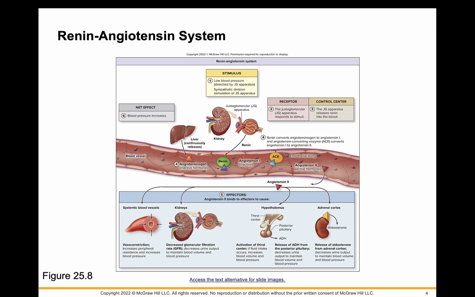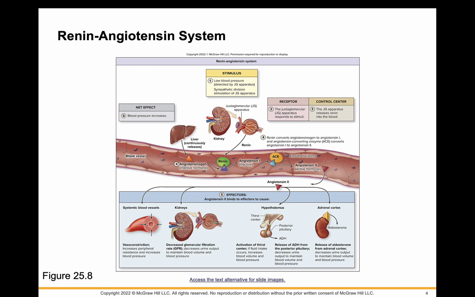As noted in the previous slide, please be comfortable with all of the effectors and the actions. We know that it is a very potent vasoconstrictor, so it increases peripheral resistance, which will have a direct impact on blood pressure and cause it to increase. It has a direct impact on kidney function. It will decrease glomerular filtration rate, so this results in a lower urine output to help maintain blood volume and